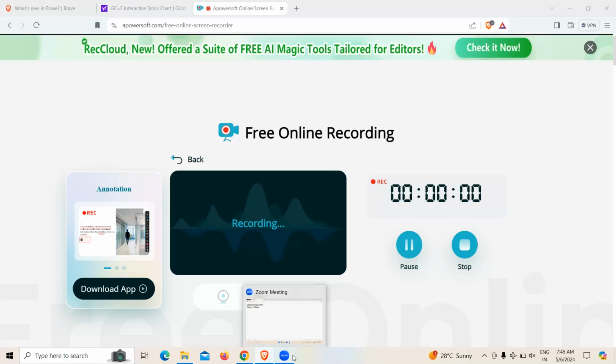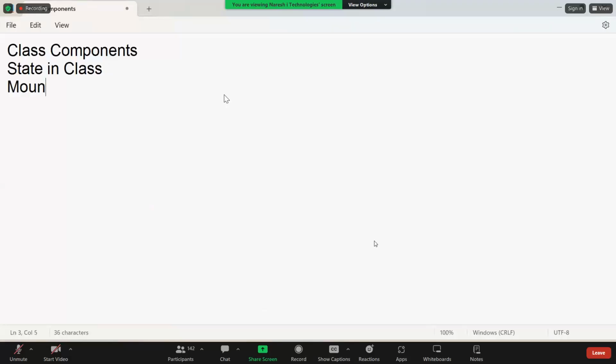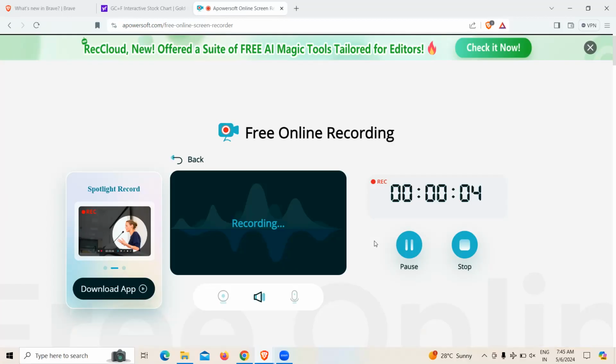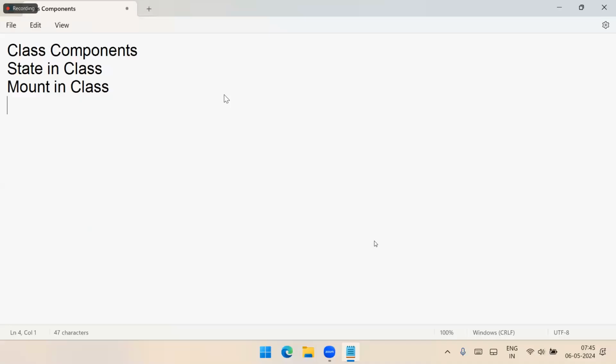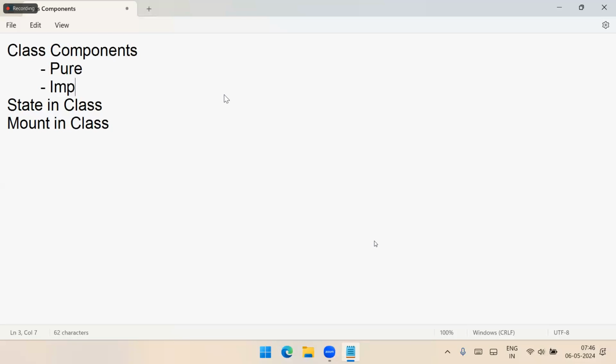Components, and we learnt about the mount in class, how to handle them, right? So in class components, we discussed the difference between pure and impure. What is a pure component? A pure component will load only when any content is modified, right? So an